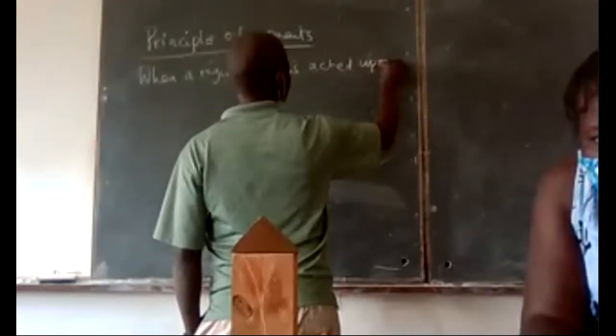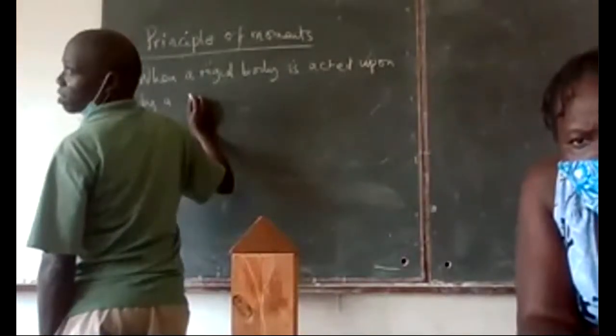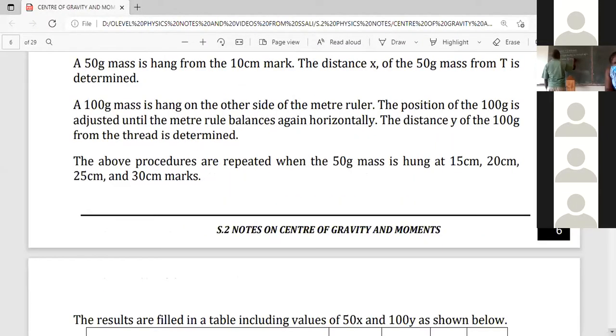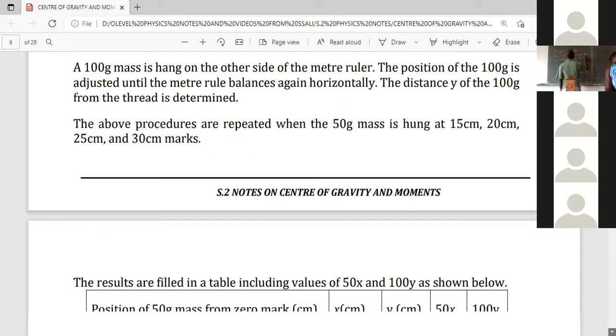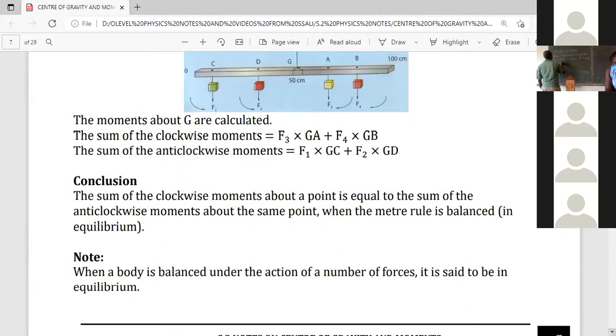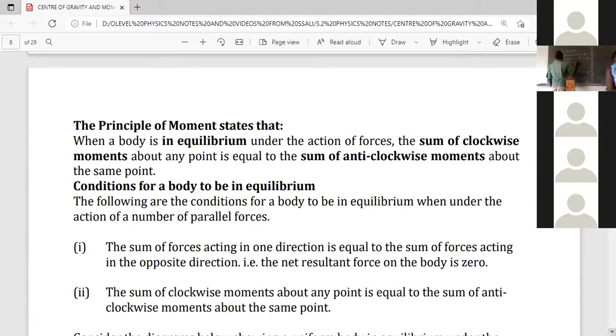by a system of forces. Number of forces, the sum of the anti-clockwise moments about a point